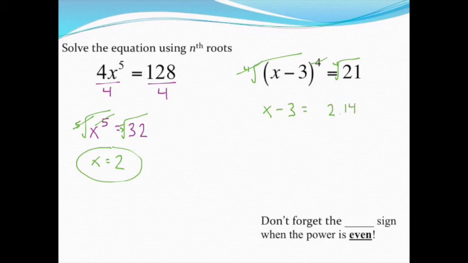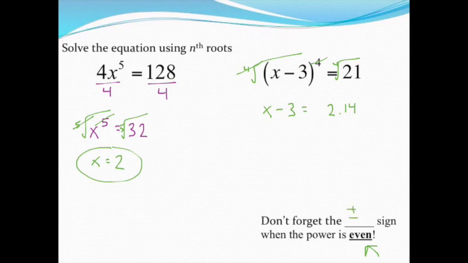Well, I want to pause for a second. I see there's a note at the bottom of my screen for this problem. And it says, don't forget something when the power is even. So anytime we're taking an even root, like in the past we've taken a square root, now we may be taking fourth roots or sixth roots or eighth roots or any kind of root. If you recall, we always had 2 answers when we were working with square roots,